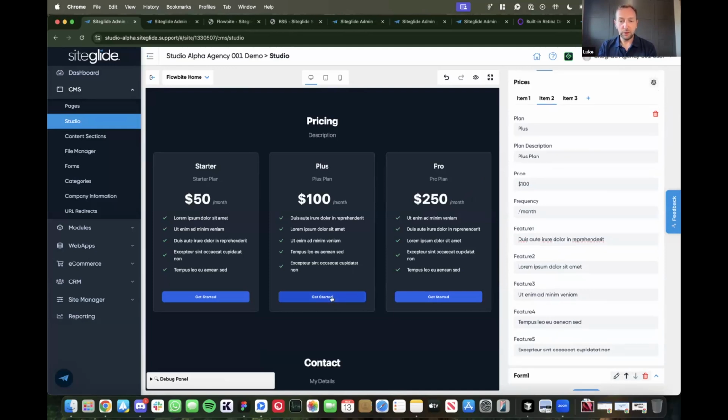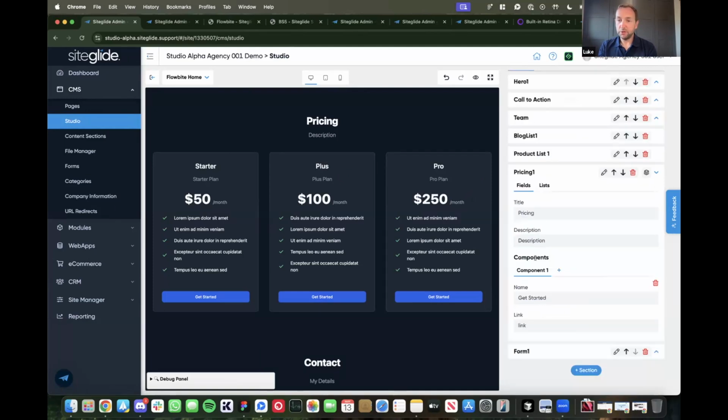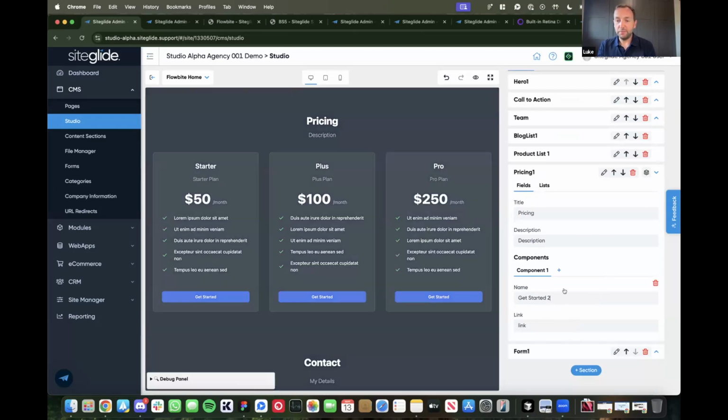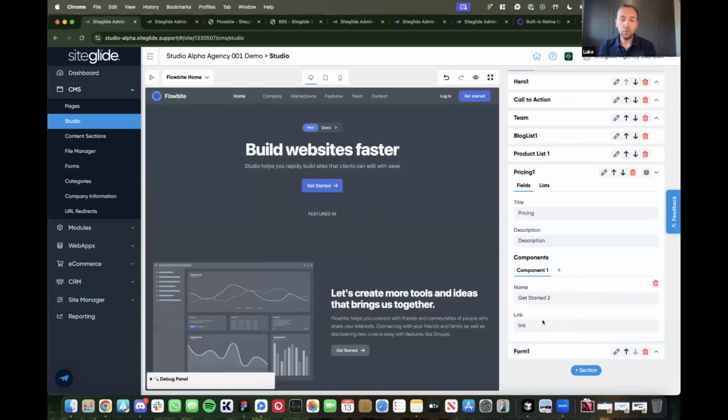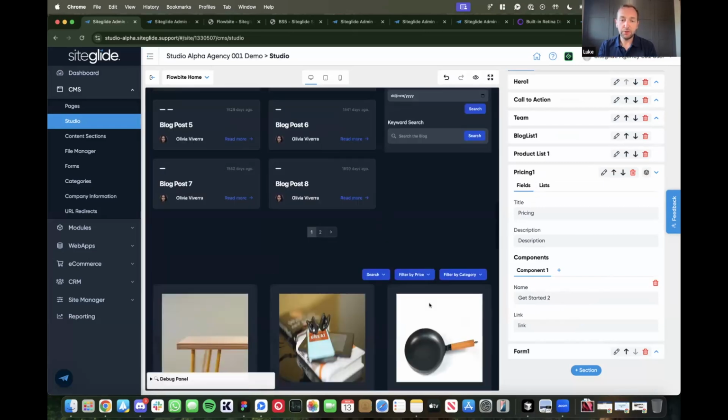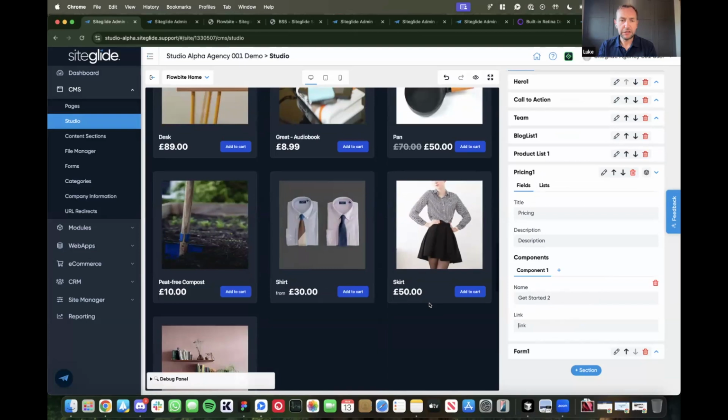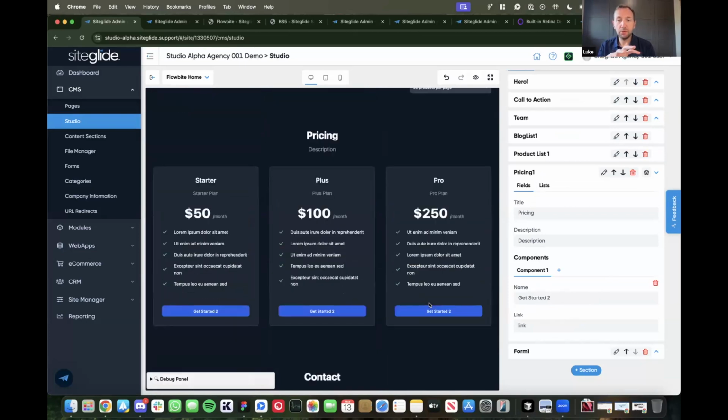But most importantly, if you want that button to appear per card, at the moment, we've just got this components area on the layout itself. And if I update that component, it's going to update it across all of the items. One big change that we're making there will be to, oh, so slow to update, apologies, will be to make components. This is some feedback from Devon actually, having a quick play around, make components work exactly the same as sections. So they're completely separate things and they can be